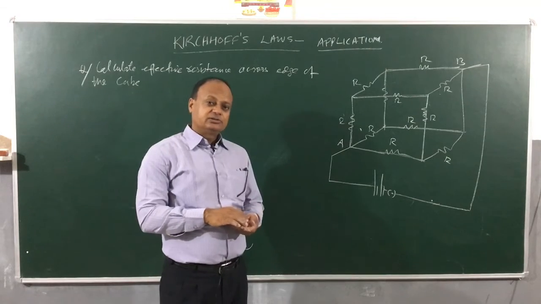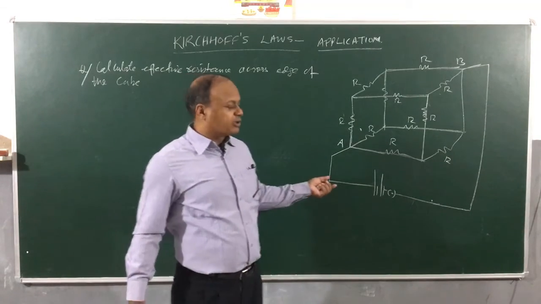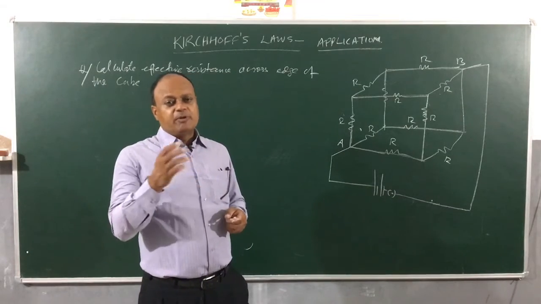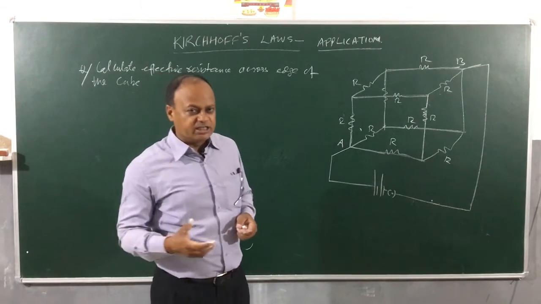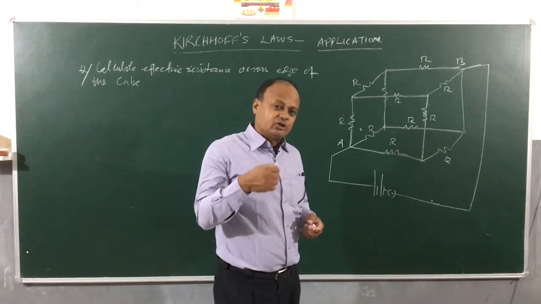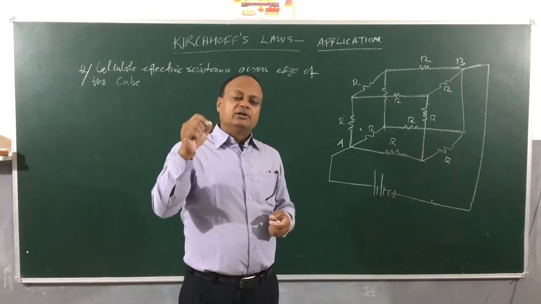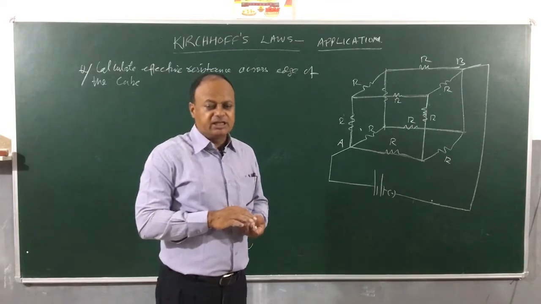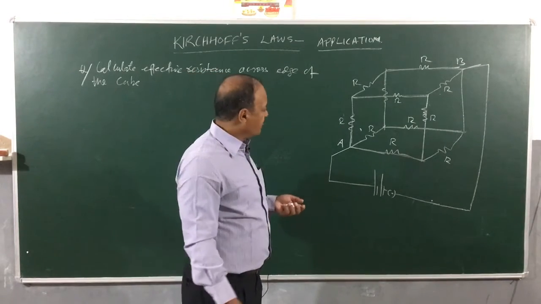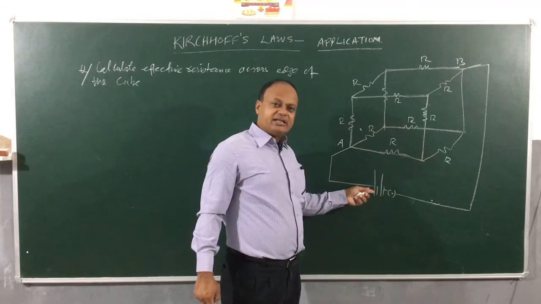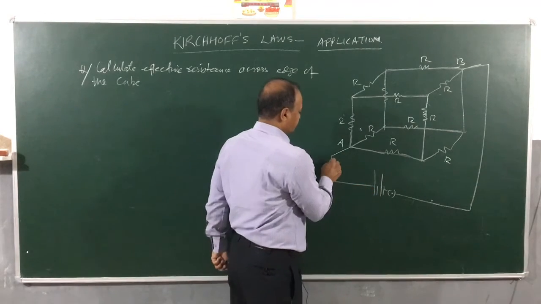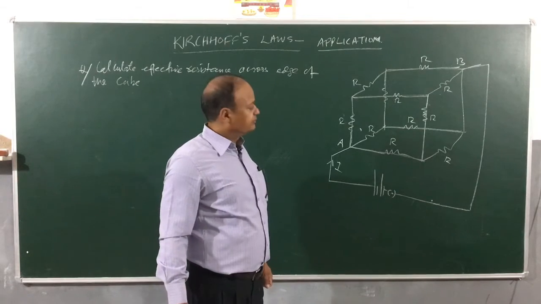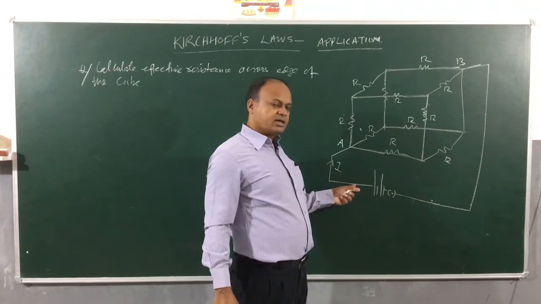Now once this is done, once I have connected the battery and closed the key, then I have to consider the distribution of current, how the current is being distributed. Now they can also show one particular branch and ask how much current is flowing. So you will follow the same division which you are doing. Now, let us look at this. Let us say the battery is supplying current I. Clear?